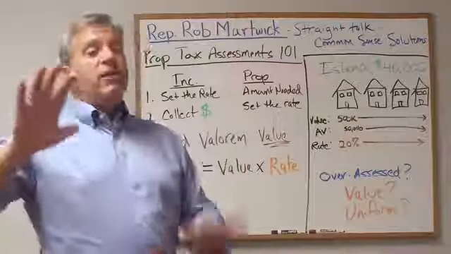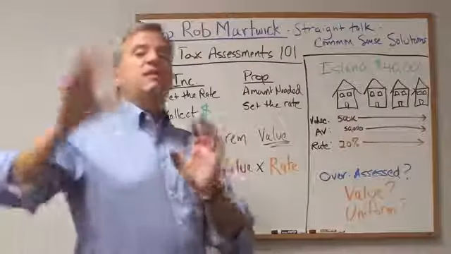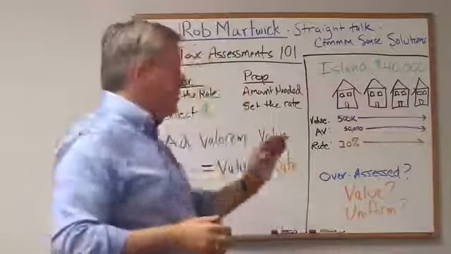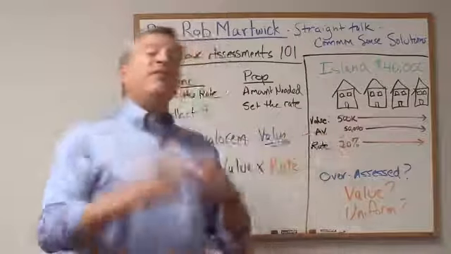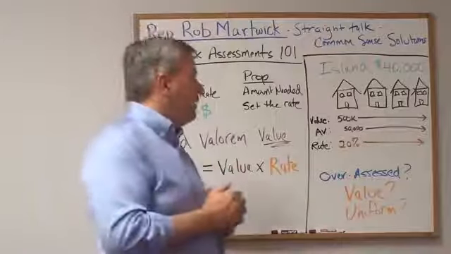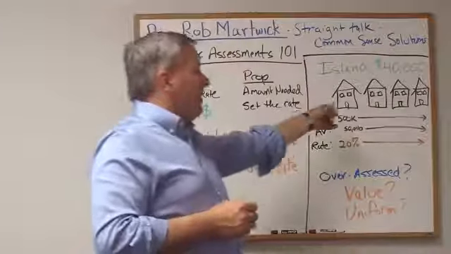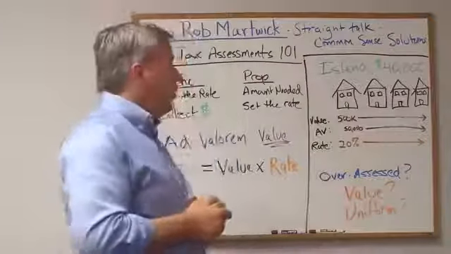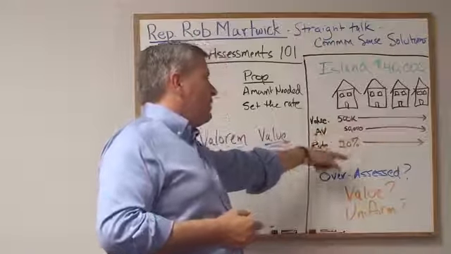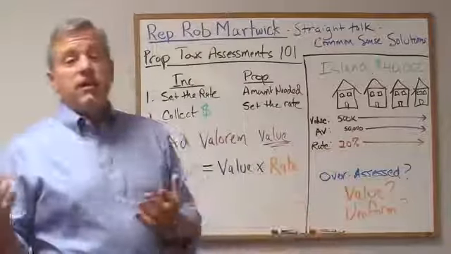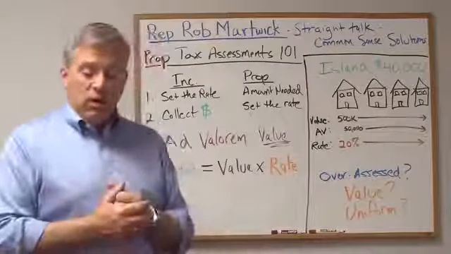That's if you live in Cook County. If you're watching this and you live in other parts of the state, it's a different calculation. But again, this is a basic understanding. So 10% of that would be $50,000 is your assessed value. Now we know that we need to collect $10,000 from each home. Well, you take 10,000, you divide it by 50,000, and you get a rate of 20%. That's basically how it works.